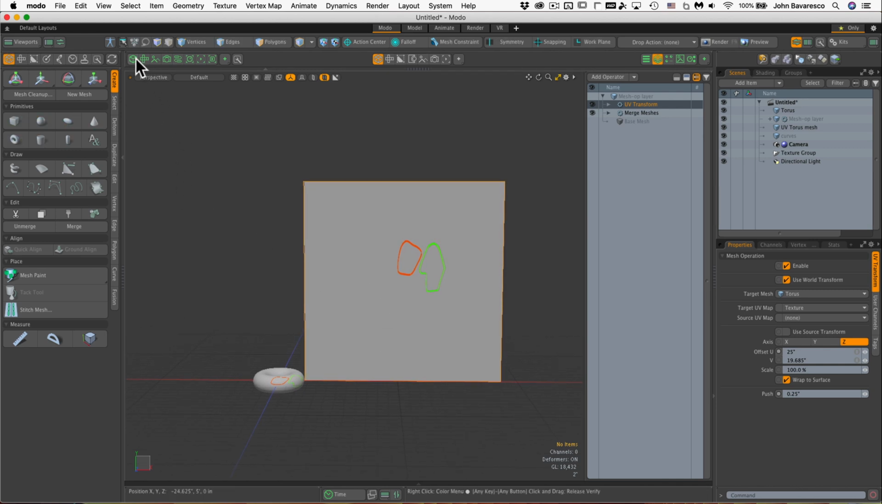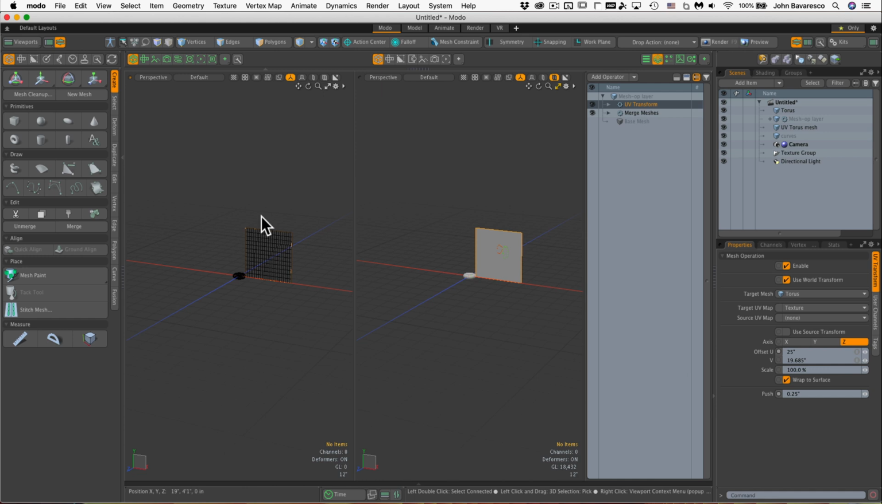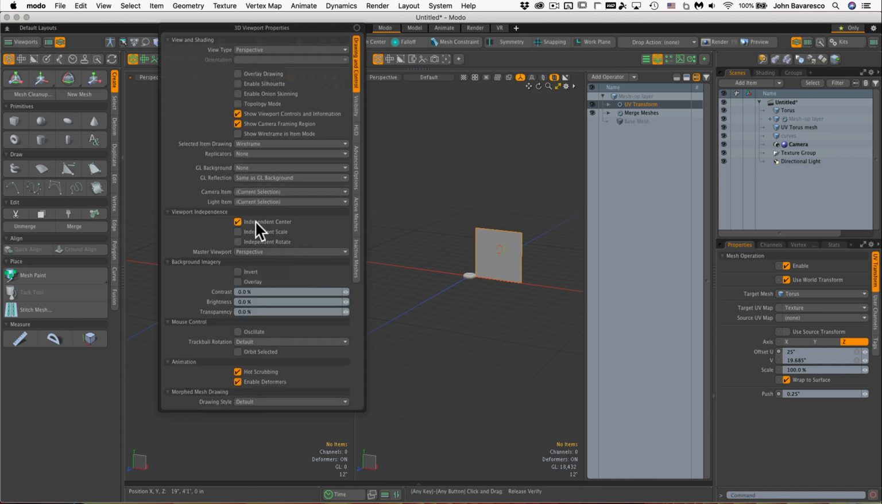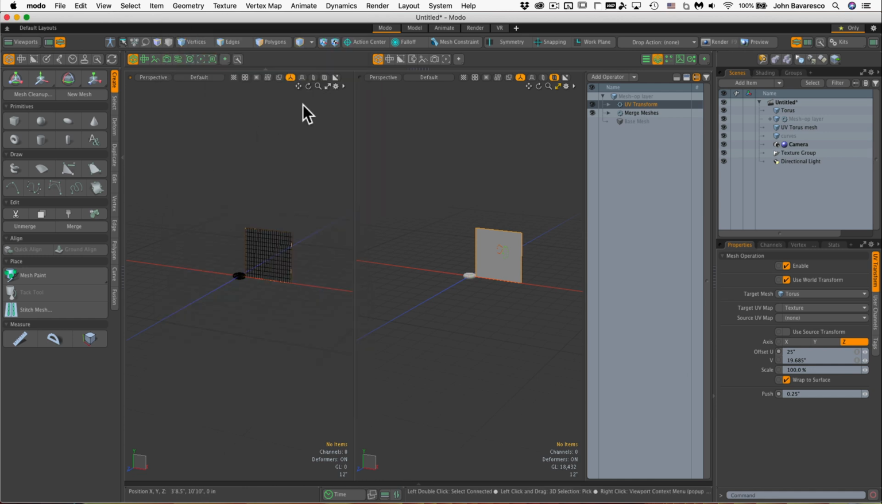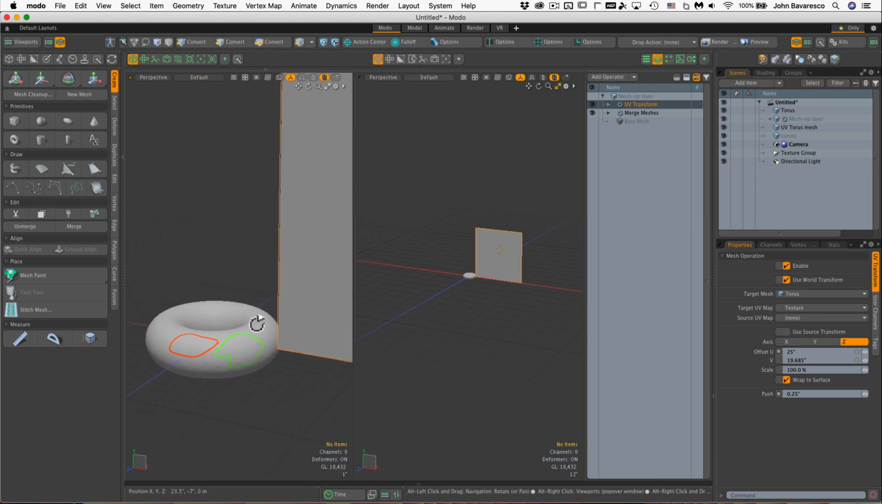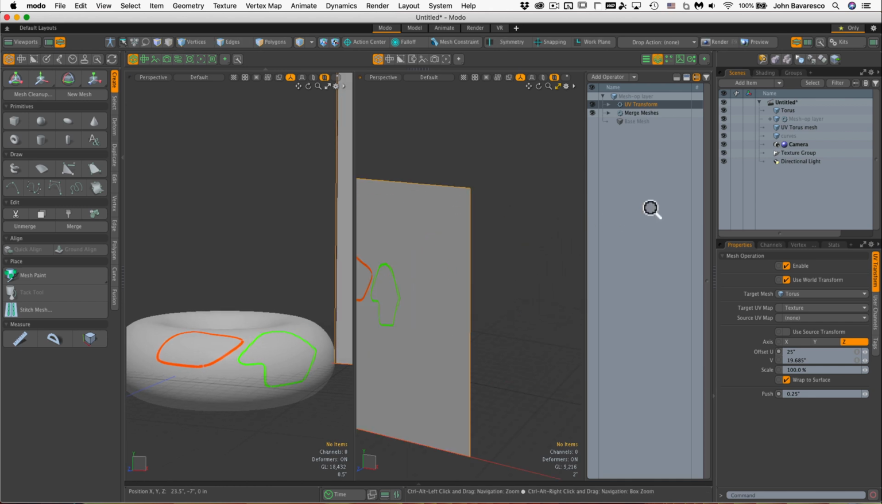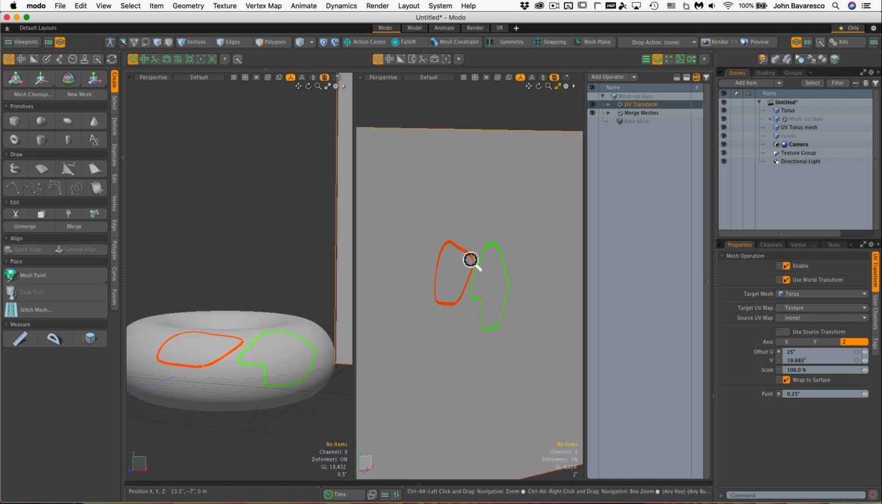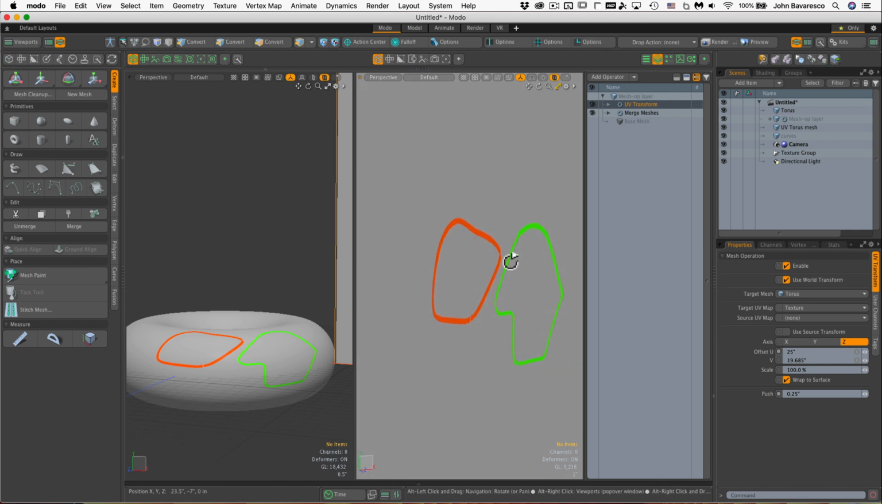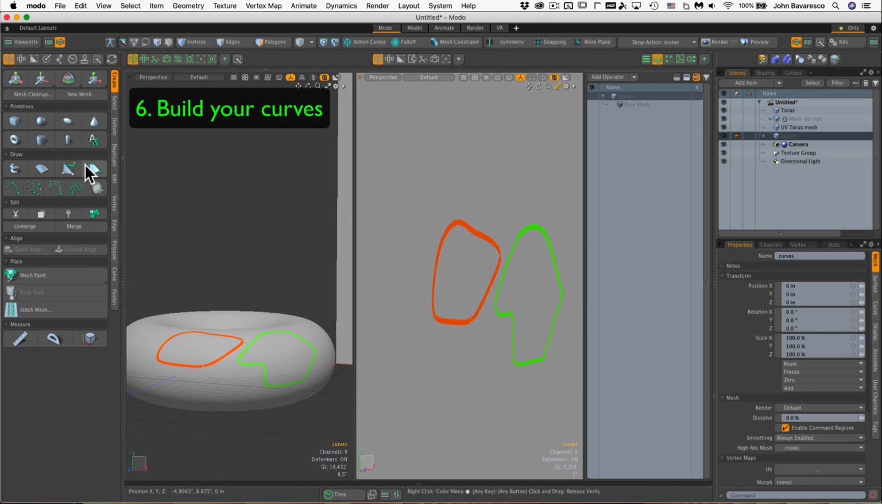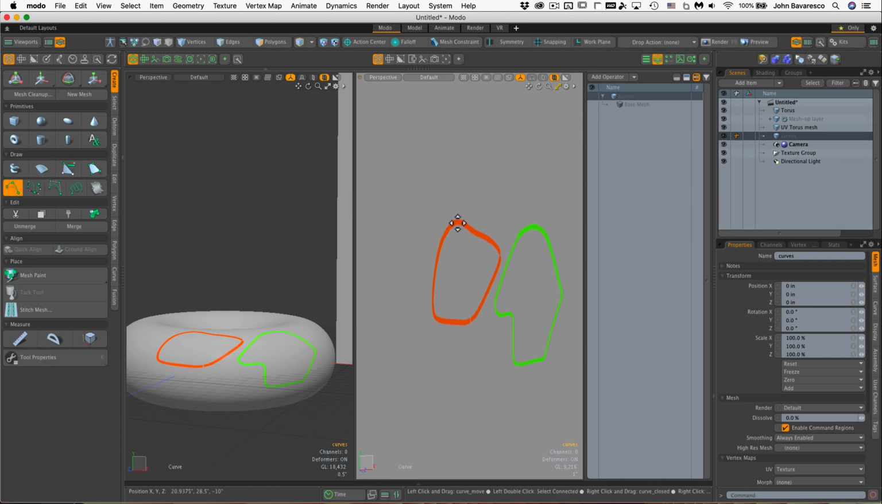So I'm just going to click on the viewport, the extra viewport panel, open up the options panel and click independent so that I can simply align the torus in that viewport and line up the plane that I'm going to be using as my reference in the other viewport. All right. Okay, so I'll go to the curve layer and I'll go ahead and grab a regular curve,